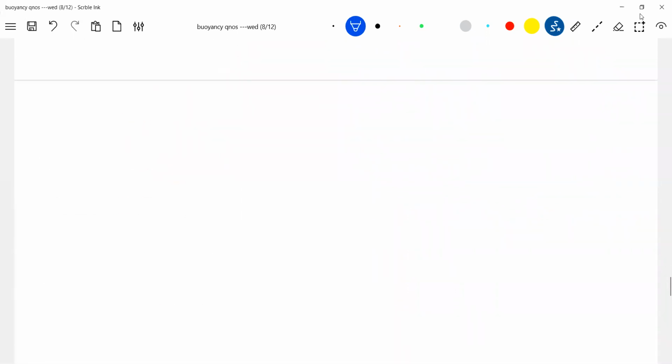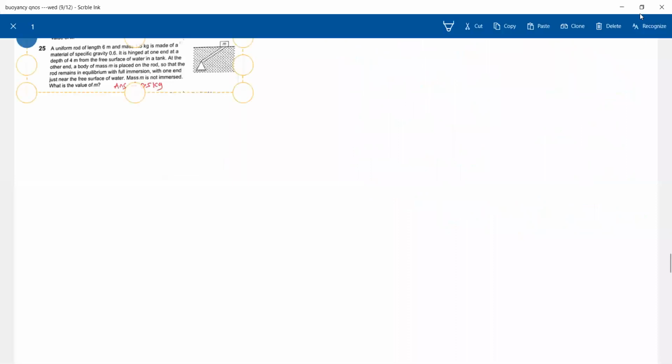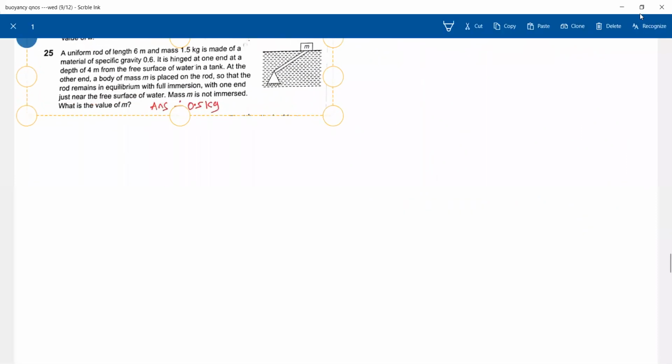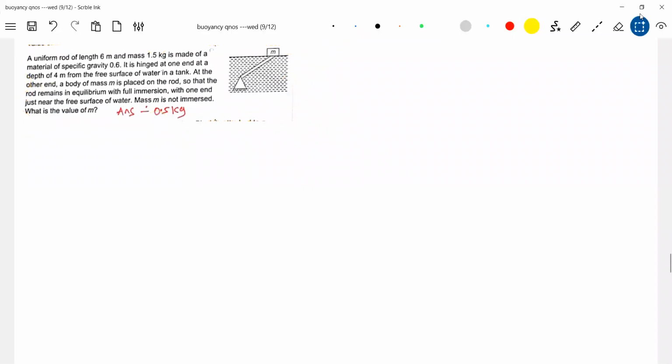This already we have done. Okay, we'll take one more problem based on the torque. Read the question. A uniform rod